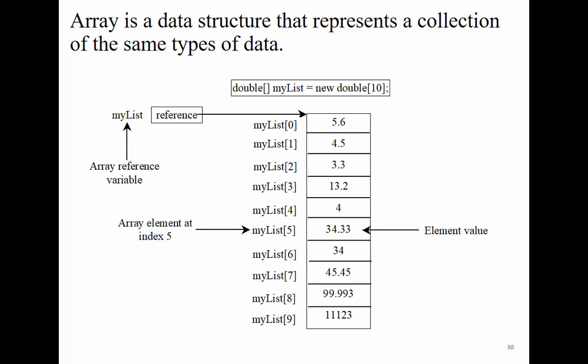So if you ask my list.length, it will return 10, because you define 10 elements. If you would like to access element number 10, you will have an exception, because element 10 is not available. The only elements that you have are from 0 up to 9, which is length minus 1. So keep that in your mind. Java is using 0 as a starting point for an array. So the first element of the array is element number 0, and the last element of the array is length minus 1.